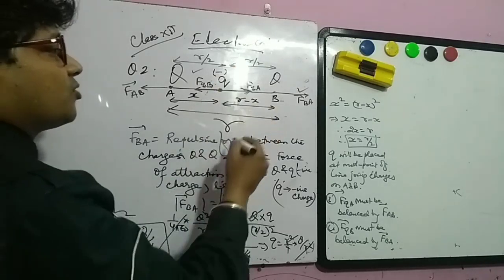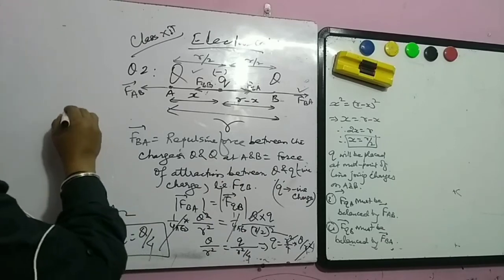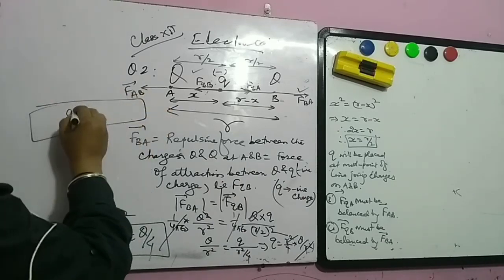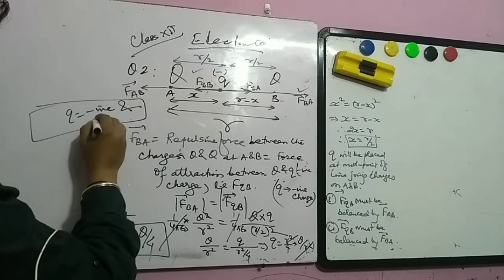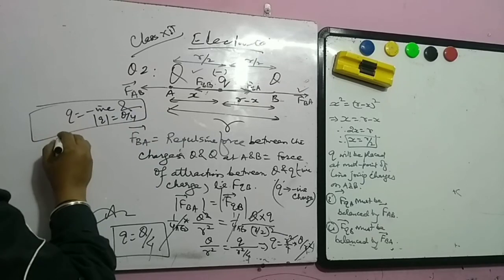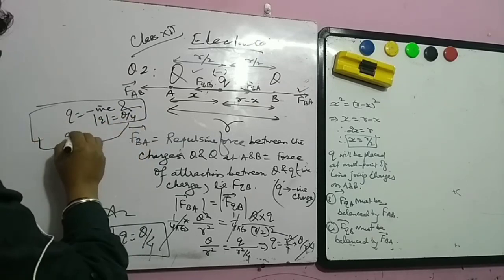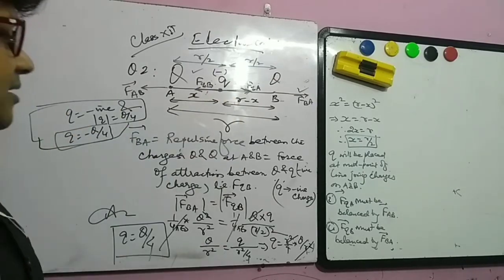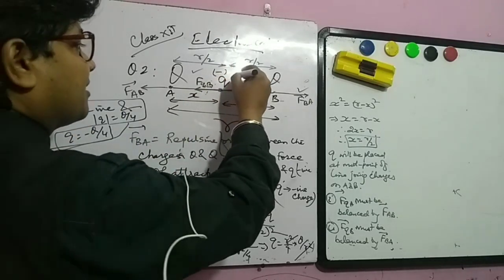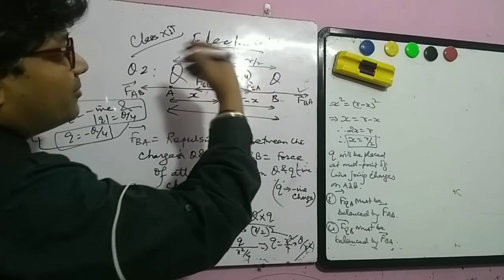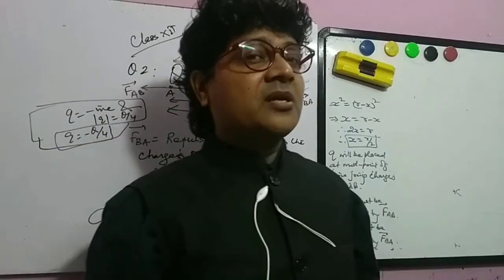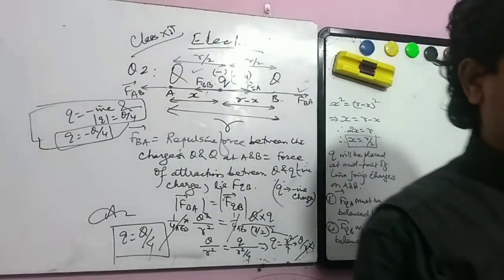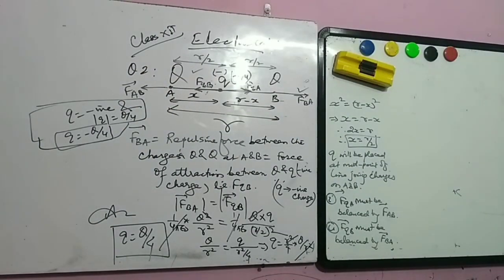So this is magnitude. So the charge q is, what is q? So q is negative and its magnitude is Q by 4. So in precise way we can write q is equal to minus Q by 4. So this we can write here, q is equal to minus Q by 4. If minus Q by 4 charge is placed at this place, then the system will be balanced, right. So thank you very much, and we will solve